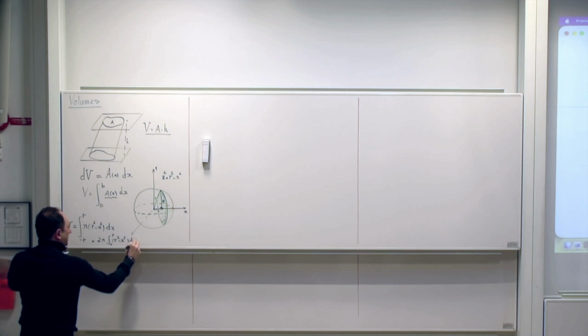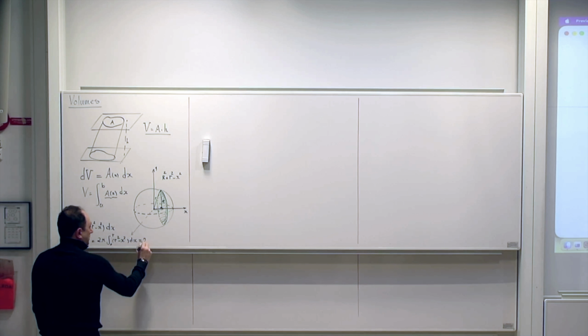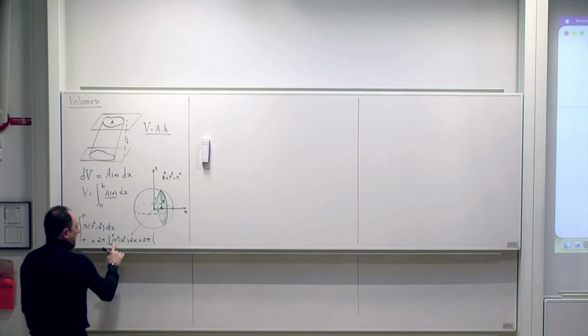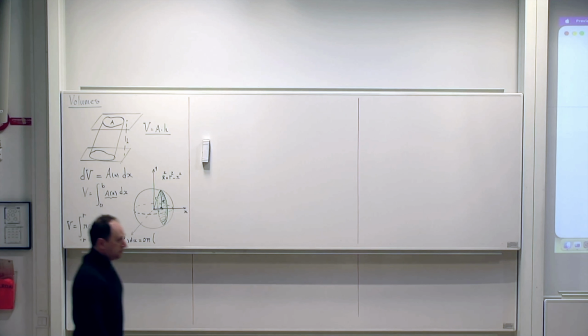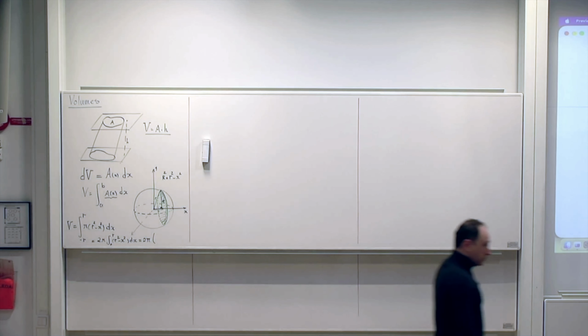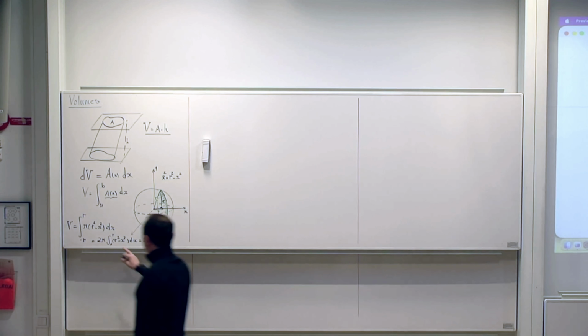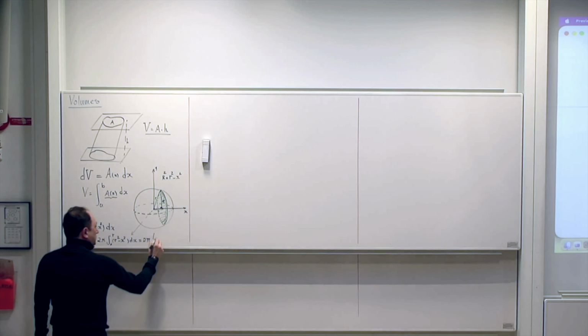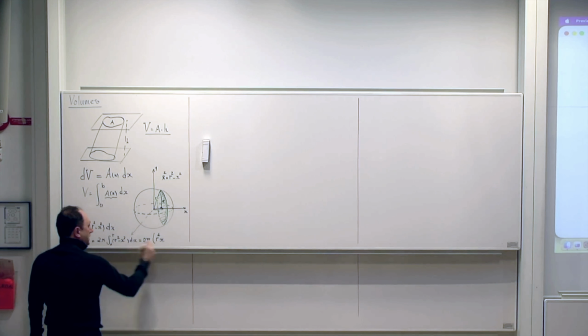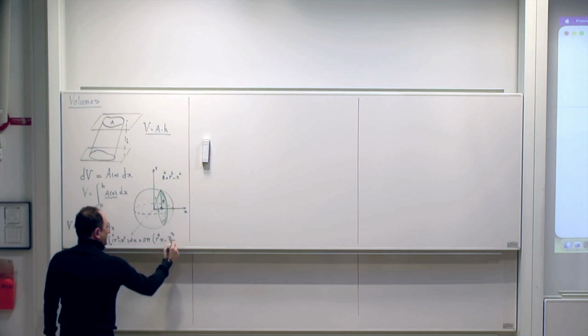And I calculate this. I need to find a primitive function for my function. So I copy and paste 2 pi here. And then what is the primitive function for r squared? r squared x. Hopefully you are not confused because r is not the variable. r is a fixed number. So it becomes r squared x, and this one becomes x cubed divided by 3, and then I run it